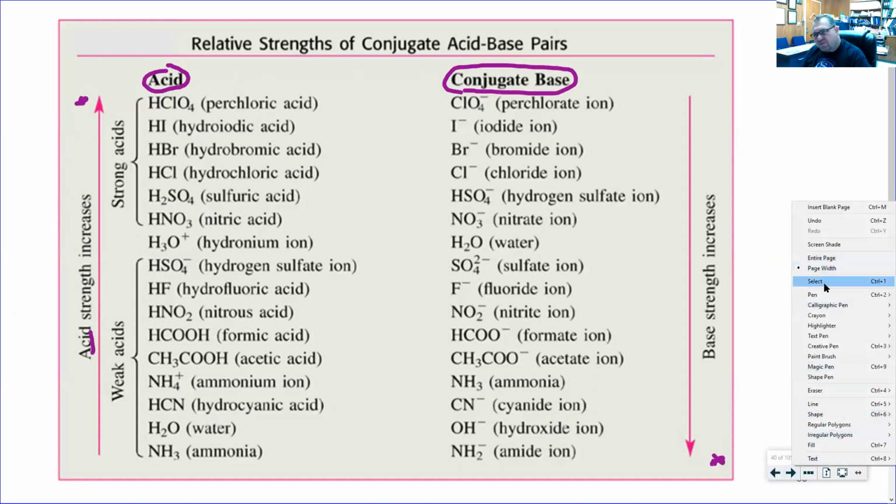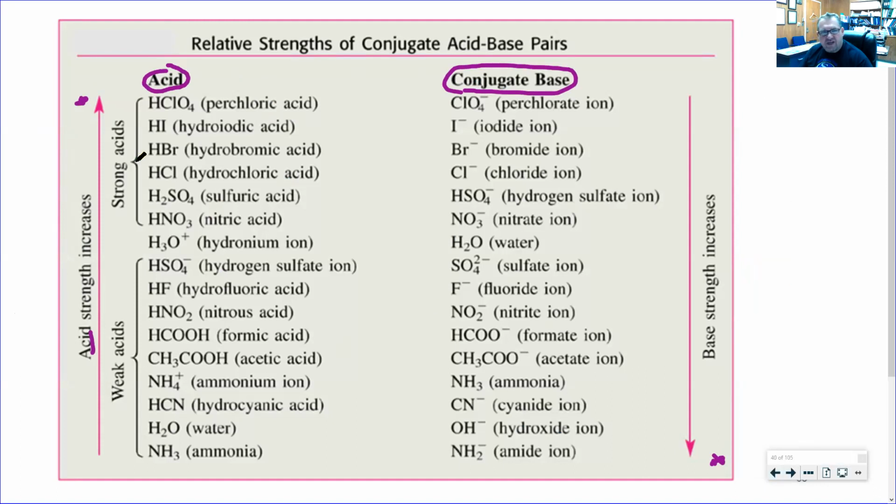So if we look at some comparisons of some different types of compounds, one of the common strong acids is perchloric acid. It's the strongest of the mineral acids. The perchlorate ion, the conjugate base, is a very, very weak base. In fact, it's weak to the point it has no strength. And that's the same true for all of these strong acids. So the ones that we talked about, the HBr, the HCl, sulfuric acid, nitric acid, all of those, the conjugate bases that they form here have no strength as a base. It's as if they don't exist as a base in the system.